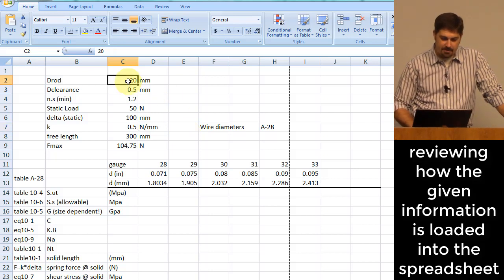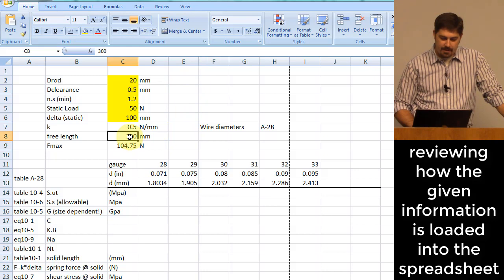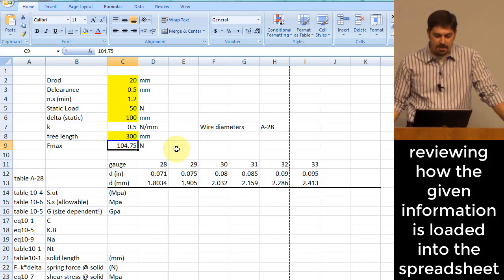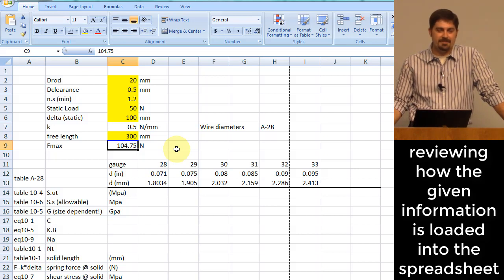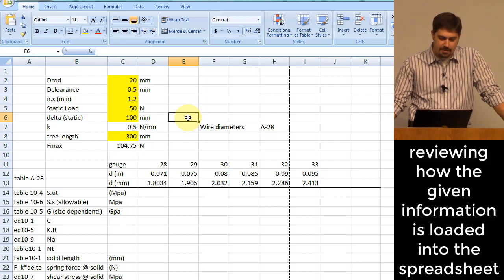Okay, all the rest of these values are just items that we can enter if we wanted to edit how the problem worked. This value right here is another one that is just a given in the problem. All right, and then my maximum force, I went ahead and just put the value in there. What would be a better thing to do right there, you think? Yeah, it'd probably be a better idea to go ahead and put the calculation in there. For what I'm doing, since I'm not planning on editing these very much, let me just leave it alone. I'll just keep it at 104.75